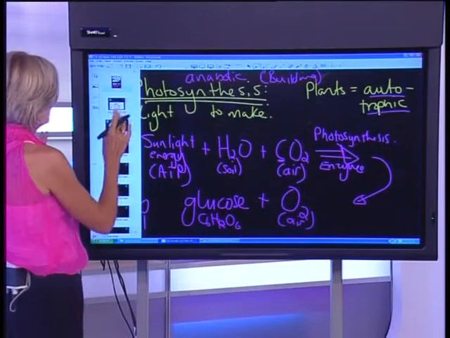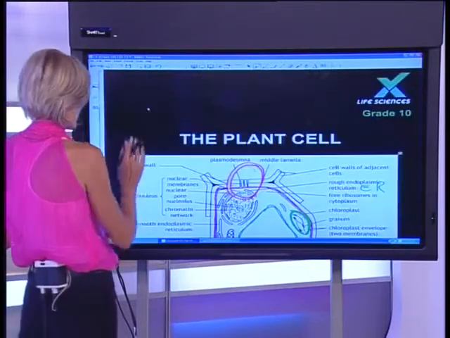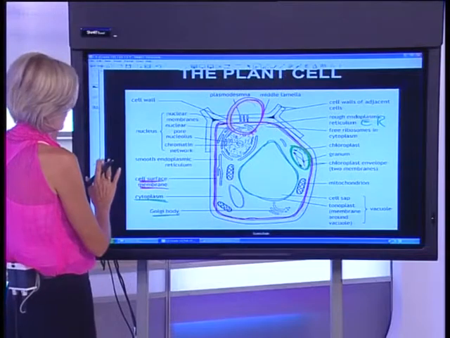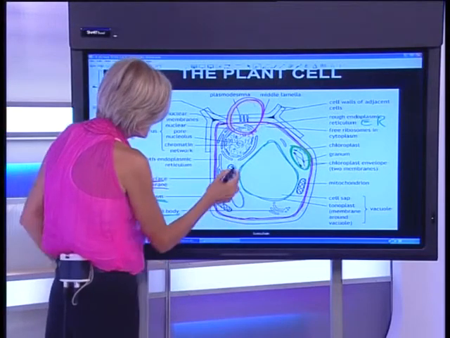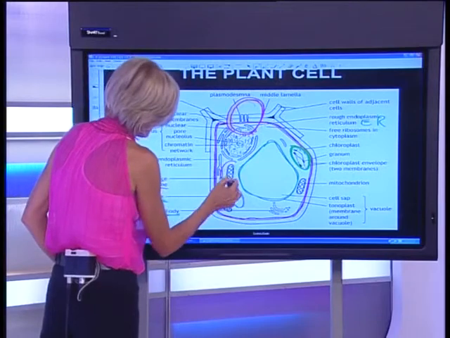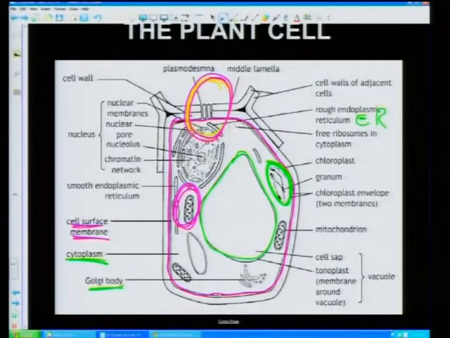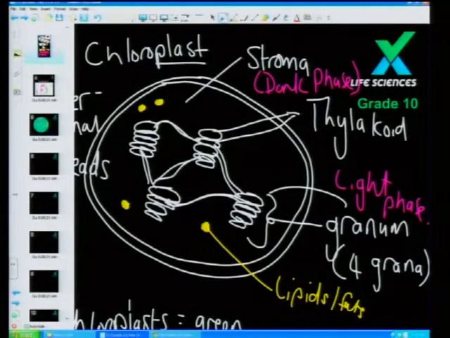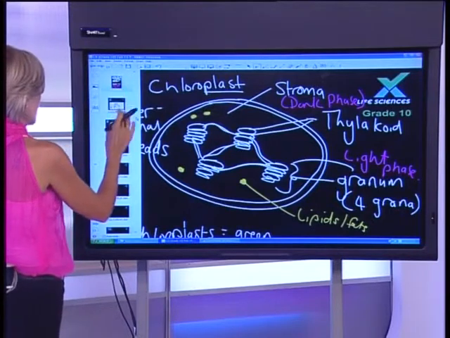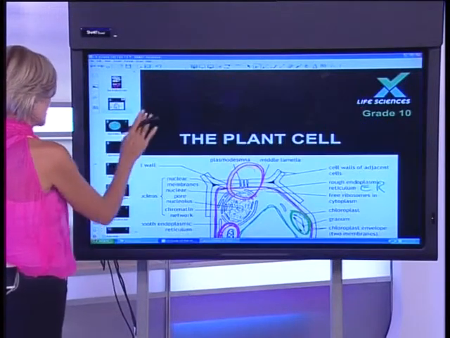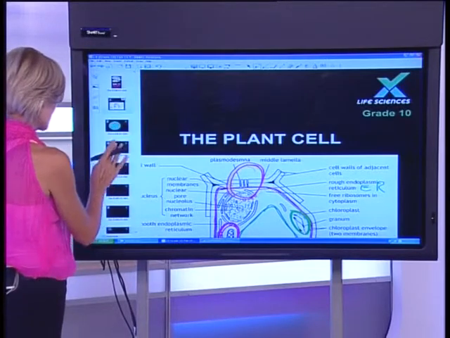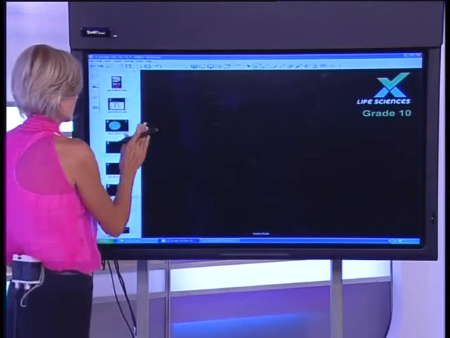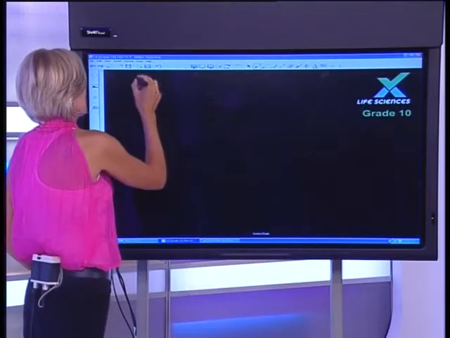Now if we go back to our cell and we say, okay, that's our chloroplast done, but what are these things here? These funny things that look like there's a little wormy thing on the inside, what is that? Okay, well, let's go back to our original cell diagram. I can't remember where I put it, so don't worry about it. Let's just get a blank page here. What we're going to do now is look at the